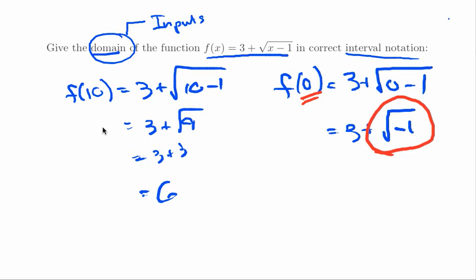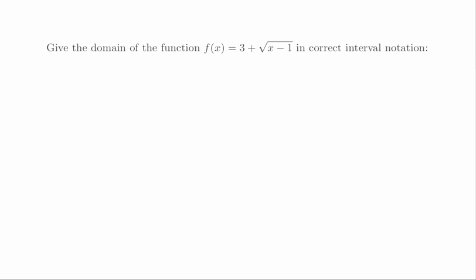So hopefully that orients you to the idea of domain, but we can't just guess and check and expect to get all the numbers that fall inside the domain. I want to find all the domain, all the x's that work in the sense that we just discussed. So how do I approach that problem? Well, I look back at my formula and I look for what was causing the domain issue when I was playing around with examples. Well, it was the square root. There are problems that result if I try to have an x that gives me a negative number under the square root. Okay, that's not good. So in fact, the domain of this function